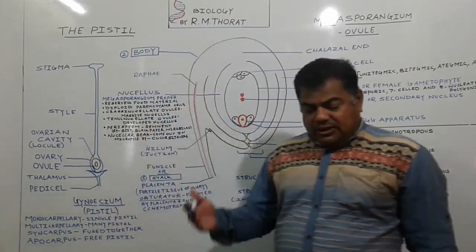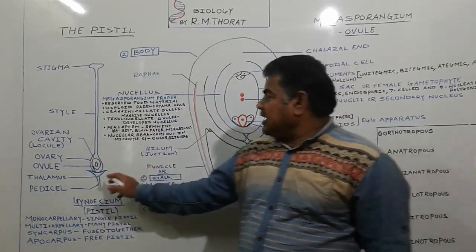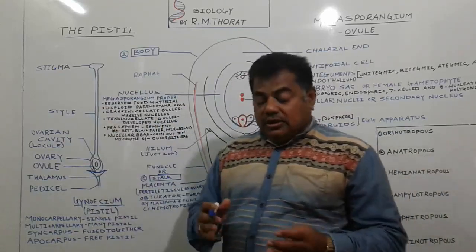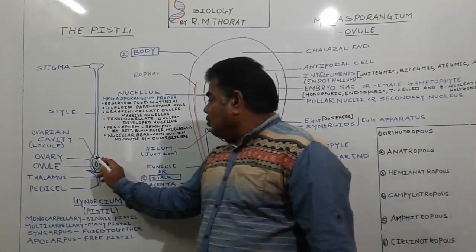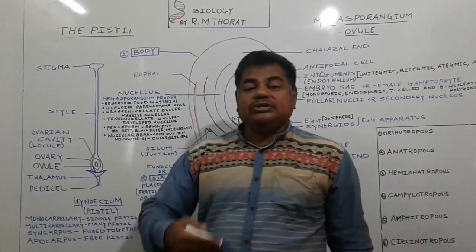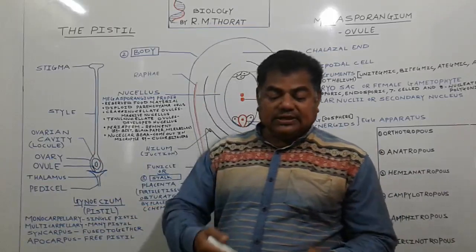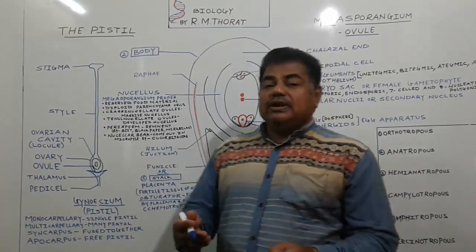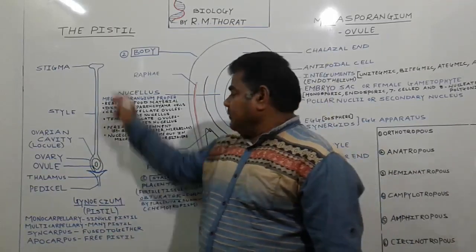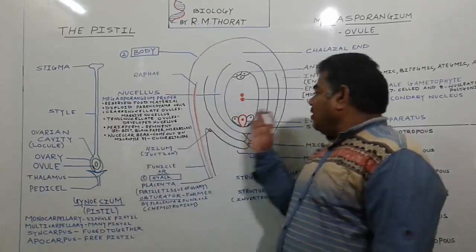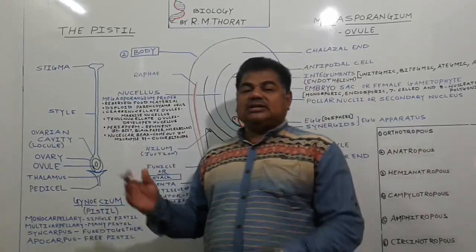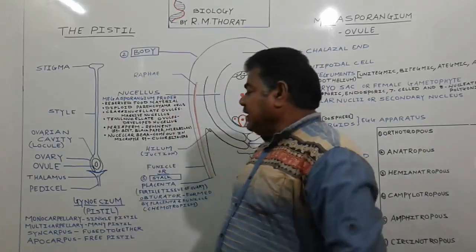Now in this video we are concerned with the gynoecium. After fertilization, this ovary wall gets transformed into which structure? This ovule after fertilization gets transformed into which structure? We learn this in the beginning. So it is easy to learn all these structures and all the events up to fruit formation in the next video.